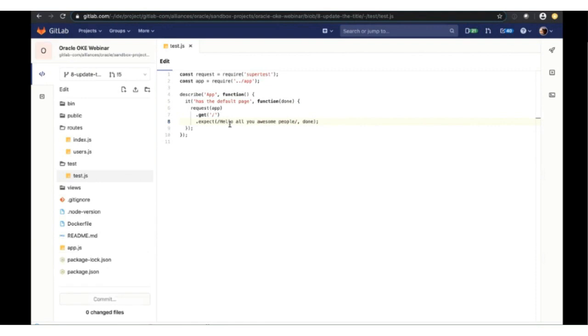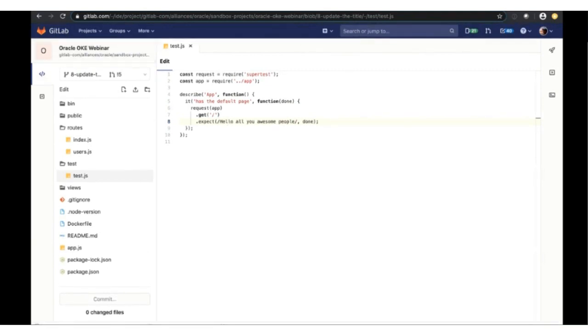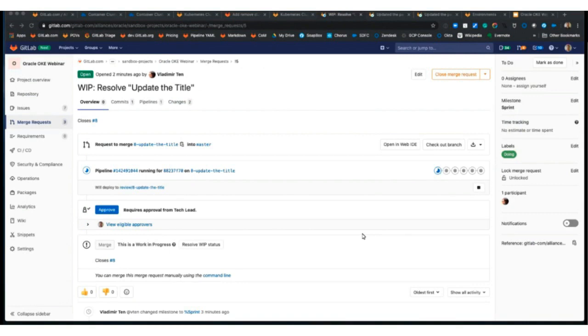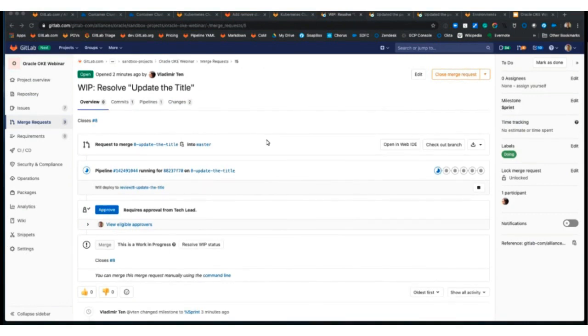And now it's time for the tech lead to review the code and do the rest of the magic. All righty. So I'm going to go ahead and share my screen. So I have two hats. I created the Kubernetes cluster a little earlier, but now I'm also the tech lead. So what I'm going to do is run through what it looks like to do an approval now that Vlad's